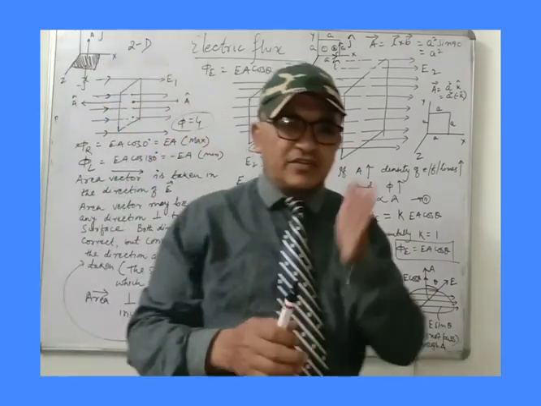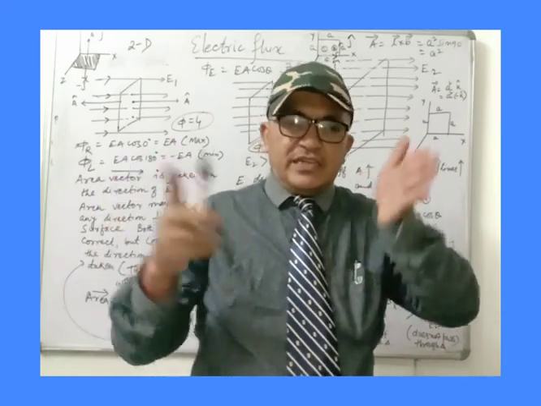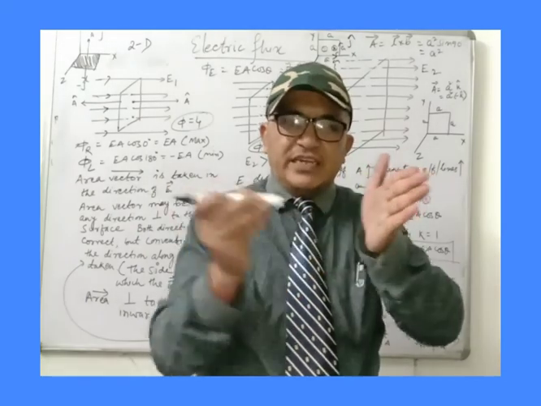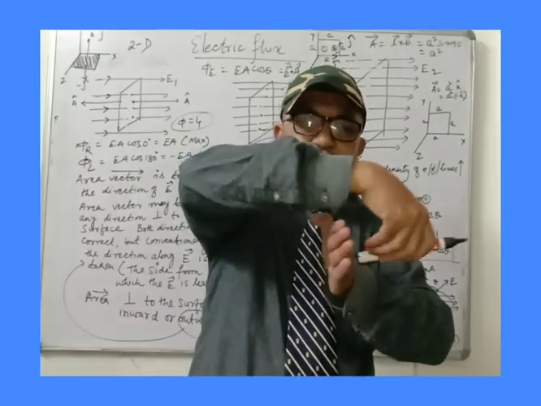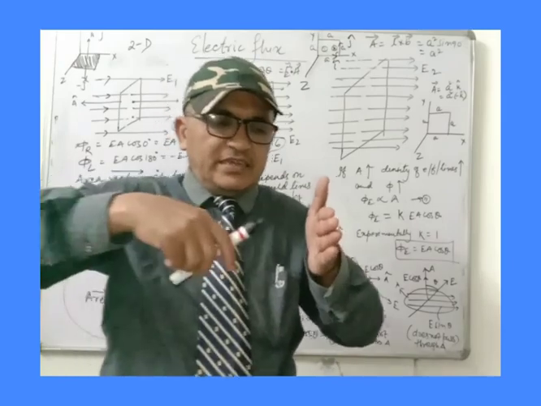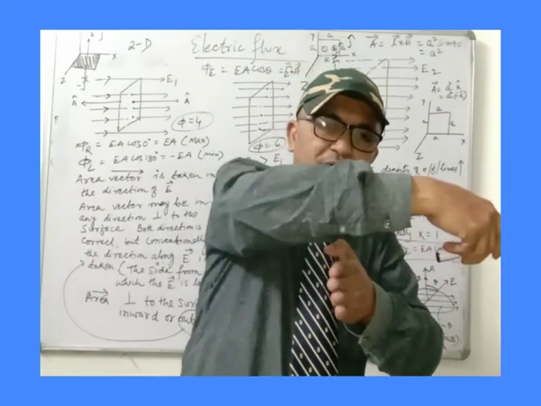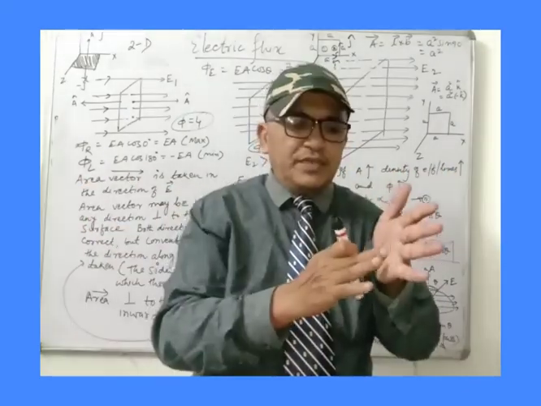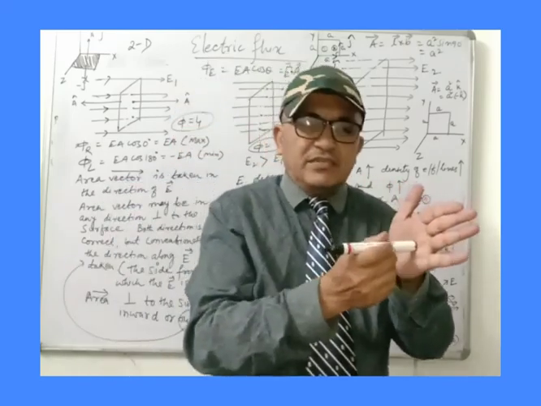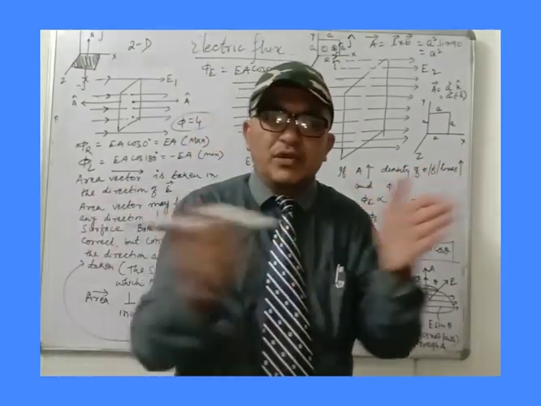This is the surface. Then the area vector may be, if you take this surface, this is the area vector, and if you take this surface, then this is the area vector. That means if you think from this side, then if it is entering inward, and that same thing coming out is outward. Okay. So if you take one surface, one side, then you just take the area vector normal to the surface.